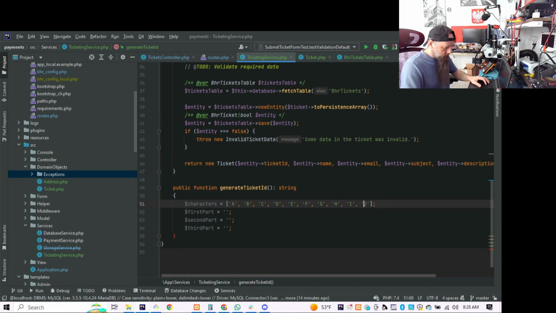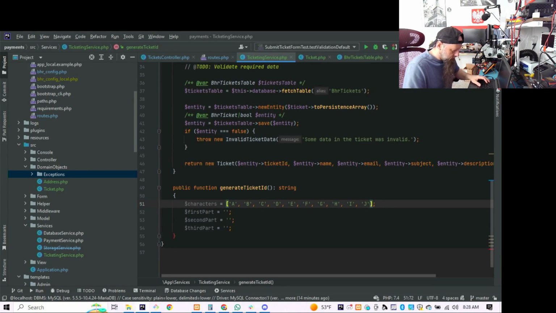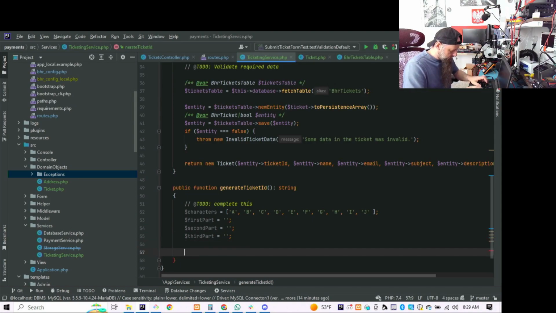Okay, I will not be finishing this, but this is just for, right. So plus the numbers. So let's just annotate it as complete this. And now, the first part will be